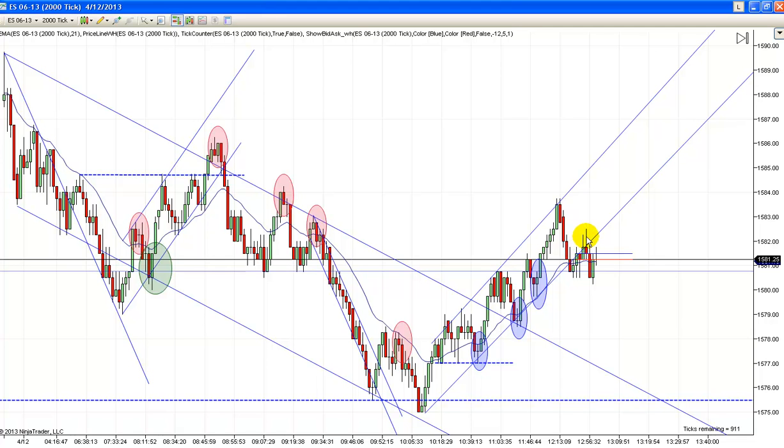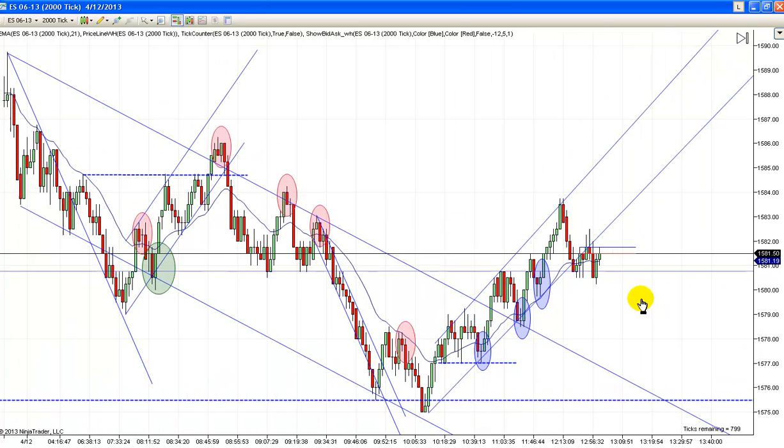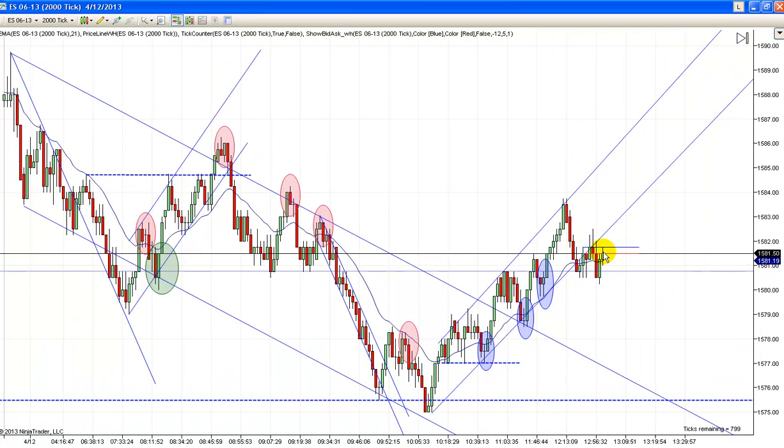Normally I would like to have some runners, and I probably would have given that runner my usual 2 ticks here. I don't know if I'd have moved it to break even. I might have with that overlap. But I really expect this thing to go higher, so you like to hang on to a runner to get the rest of that move. So this is a good example